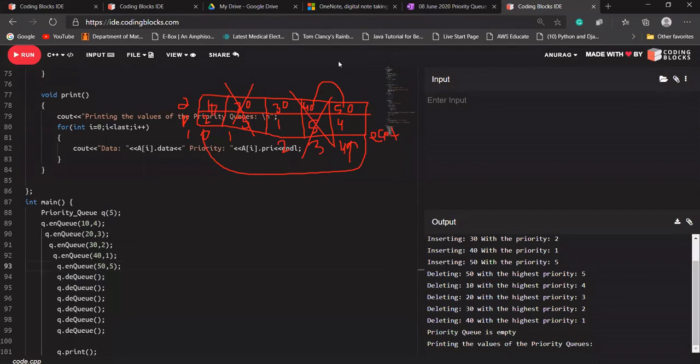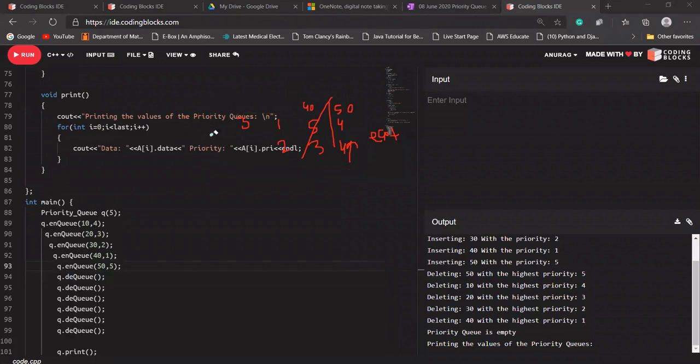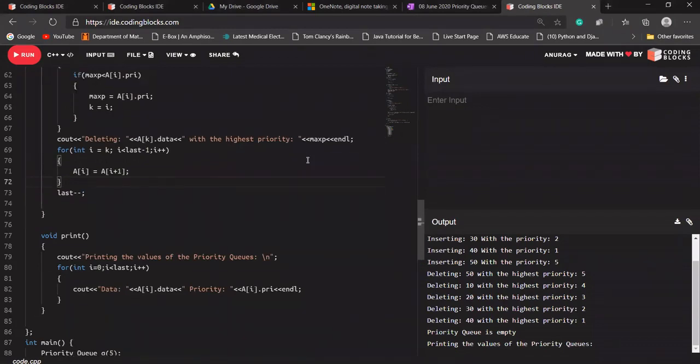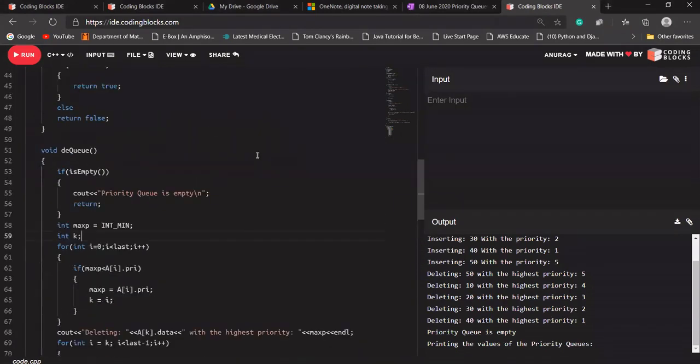Okay. So is that clear with everyone? Priority queue using array. Our next topic would be priority queue using linked list, because what we have implemented using array, we are going to do the same thing using linked list as well. So is using array clear with everyone, or can somebody quickly tell me the time complexity of the functions nq and dq?